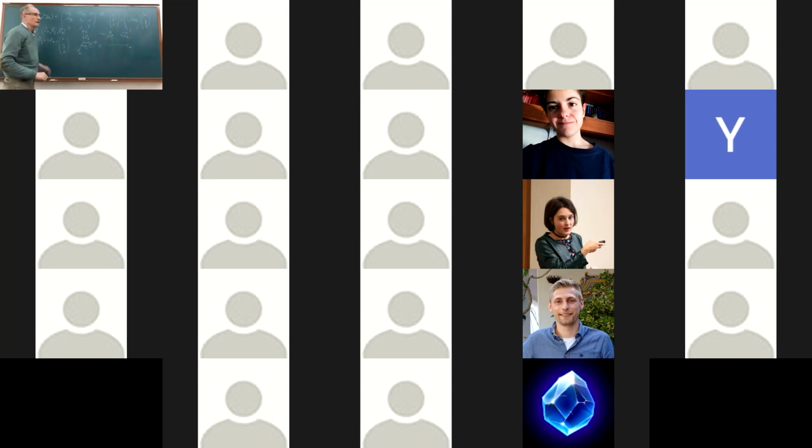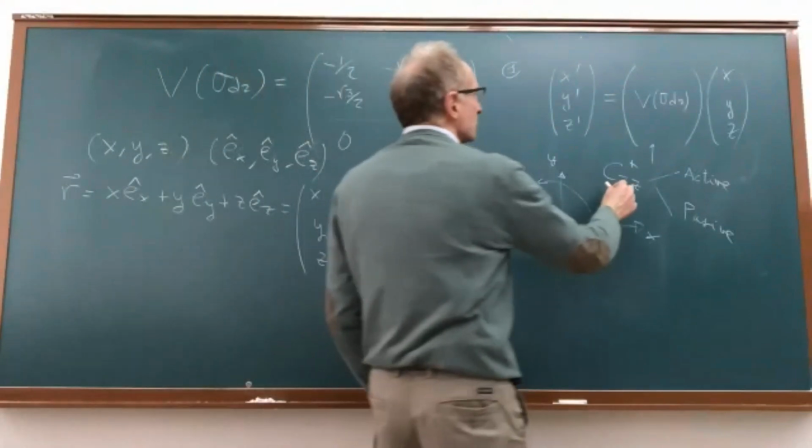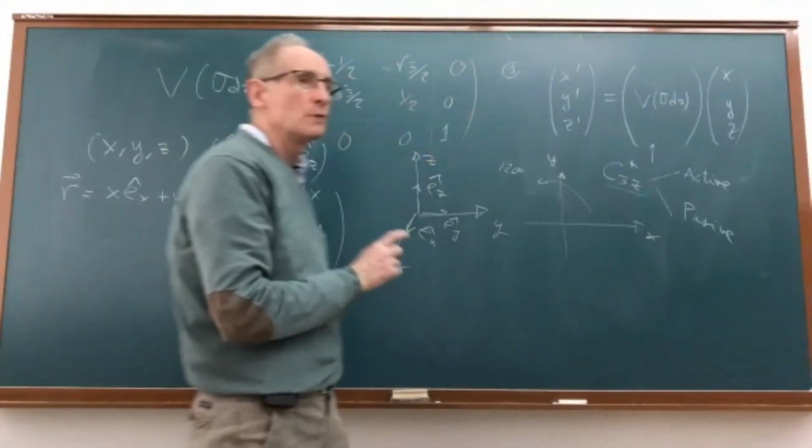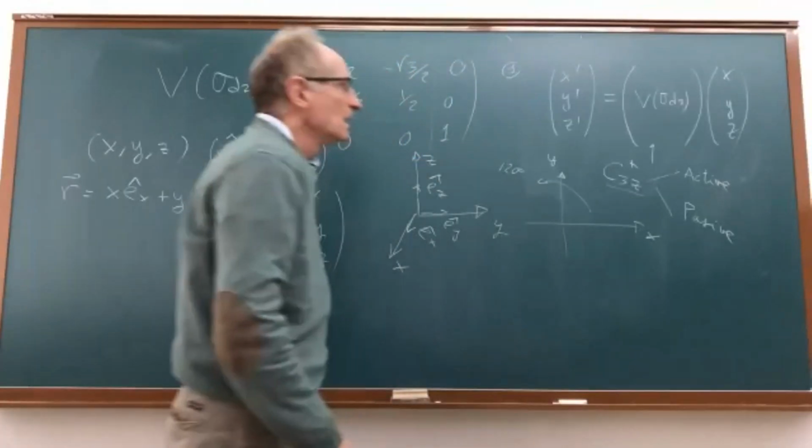Depending on which book you are considering, people use what they call the active or passive interpretation of the group operations. The difference is very simple. In the active representation, and that's the one I will always use because that's the one most people use, and I think it's more intuitive,